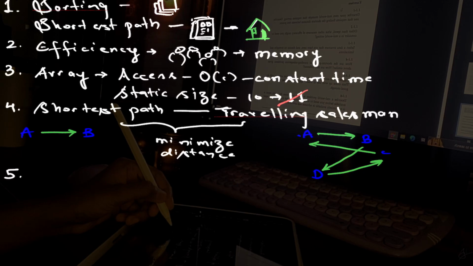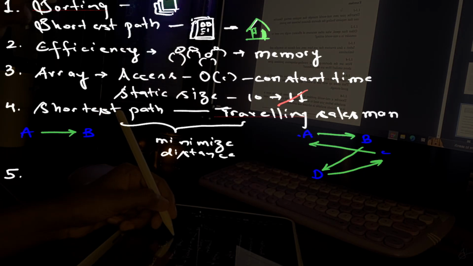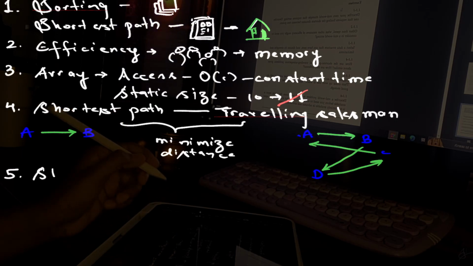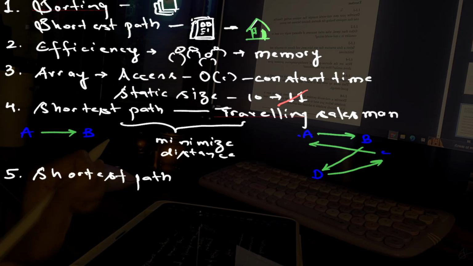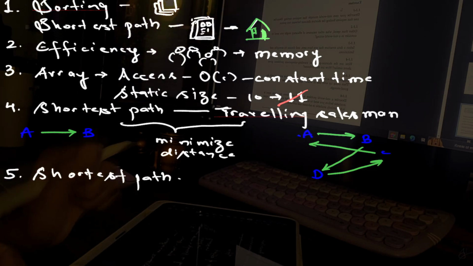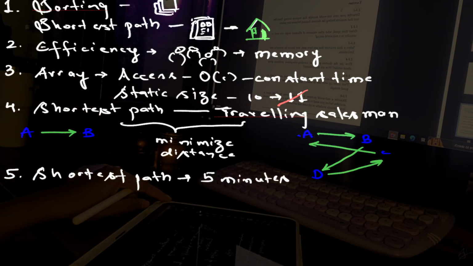Now, the fifth one. Suggest a real world problem in which only the best solution will do, and come up with one in which an approximately best solution is good enough. Okay, I don't know why I'm so stuck on the shortest path algorithm, but yeah. Shortest path is, I guess, where an approximately best solution would do, because if I reach my home 5 minutes later, I would not have any issue. I guess it's fine. And the one where only the best solution would do is